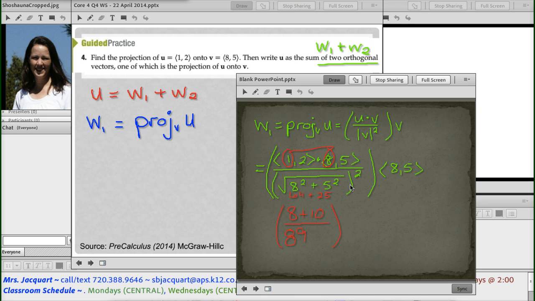Then we'll multiply that by vector v, and that's going to equal, so this becomes 18. 18 times 8 is